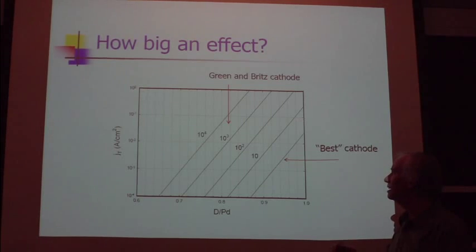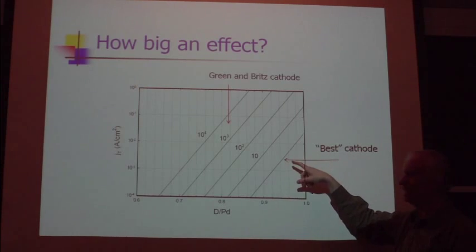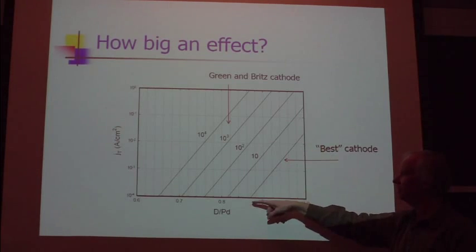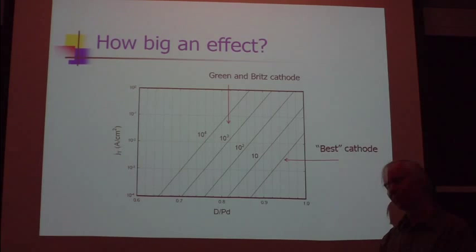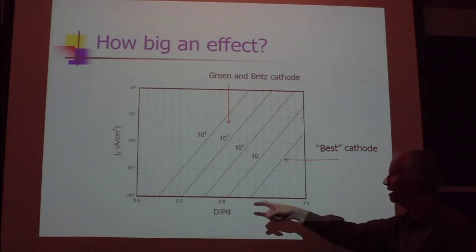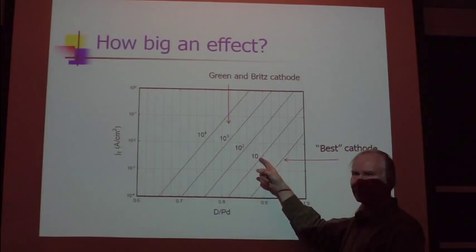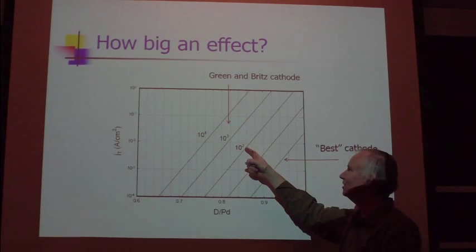So what I'm going to do is propose that this hypothetical best cathode goes through a point, but otherwise has a current versus loading curve. If you're in the linear regime where the chemical potential is linear in loading, then you get exponential Tafel current as a function of loading, so you get straight lines on this linear-log scale here. Now, if the internal surface is 10 times as much as the external surface, then you have this curve. If there's 100, you have this curve, you have